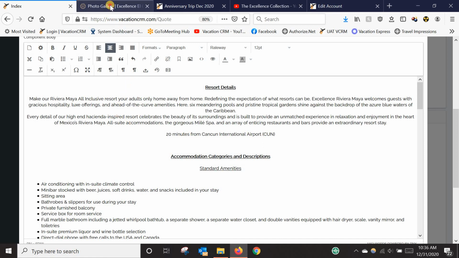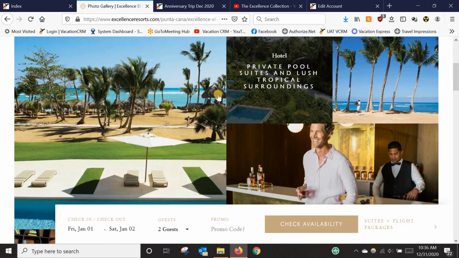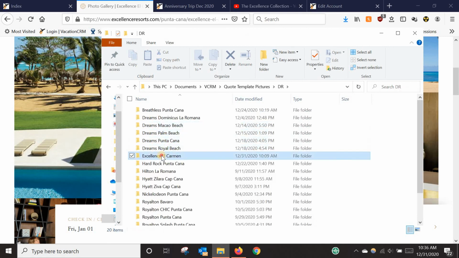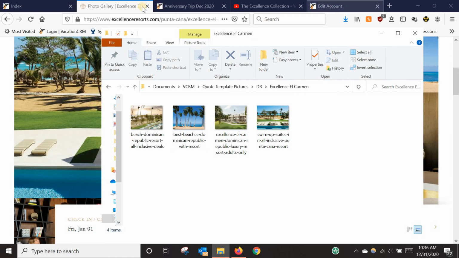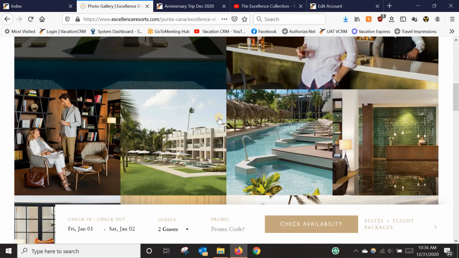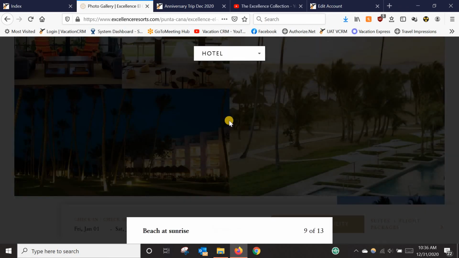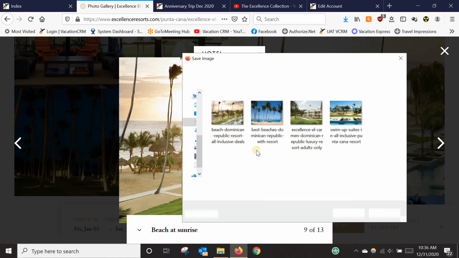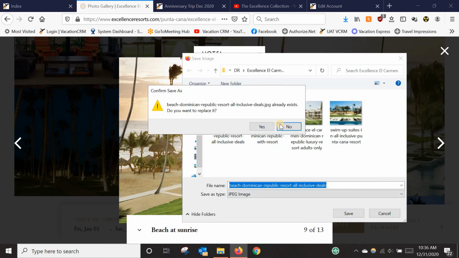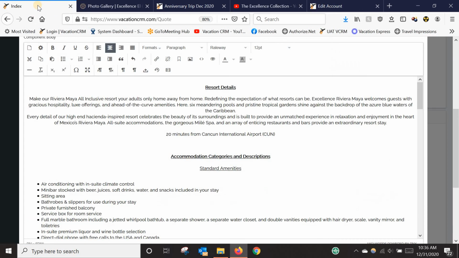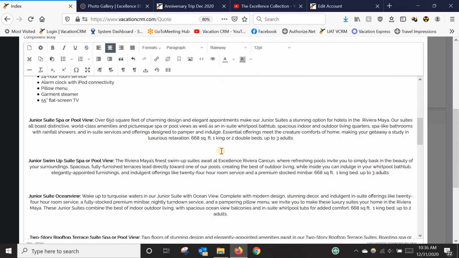So if you go to, say, the Excellence website, what I always do first is I have a folder for each resort here. So I've started saving some pictures that I might want to use in here. So if I want to save this one, I'll just pop that in there. Oh, I guess I've already done that one. So anyway, you're going to save whatever ones you want in there first, and then you can put those in your template later. So basically you're going to go through, change all of this info, room categories, change all that,